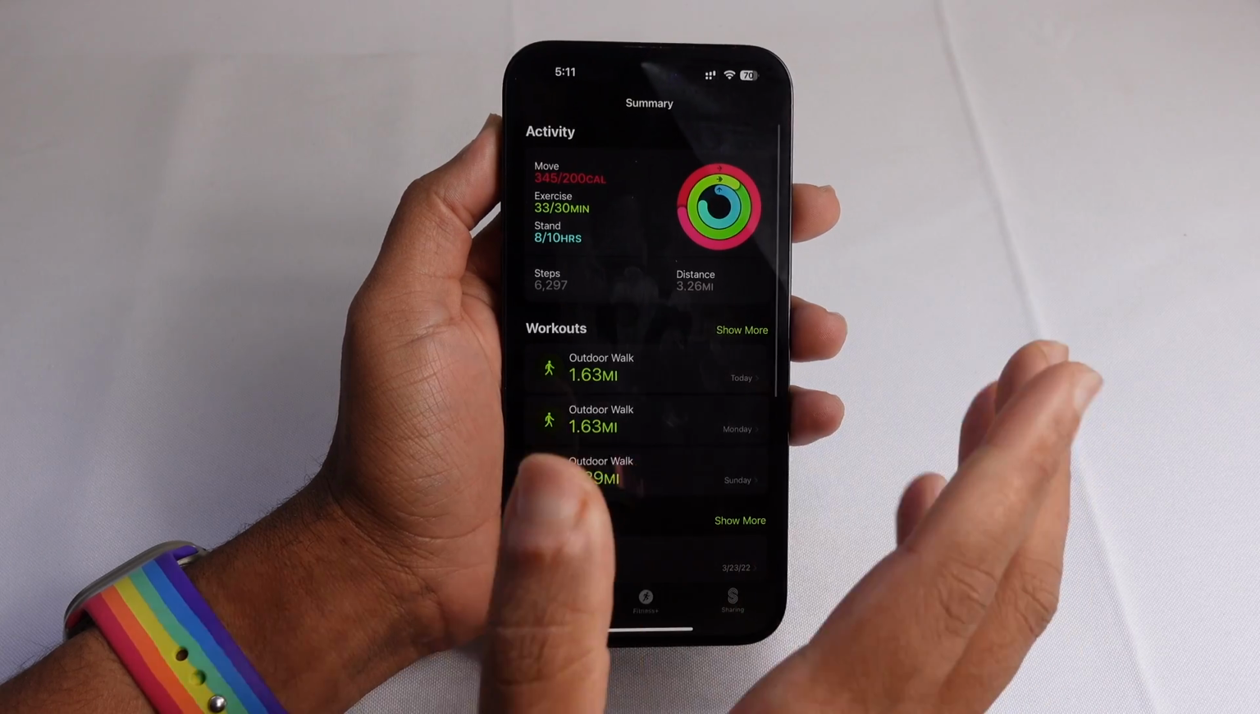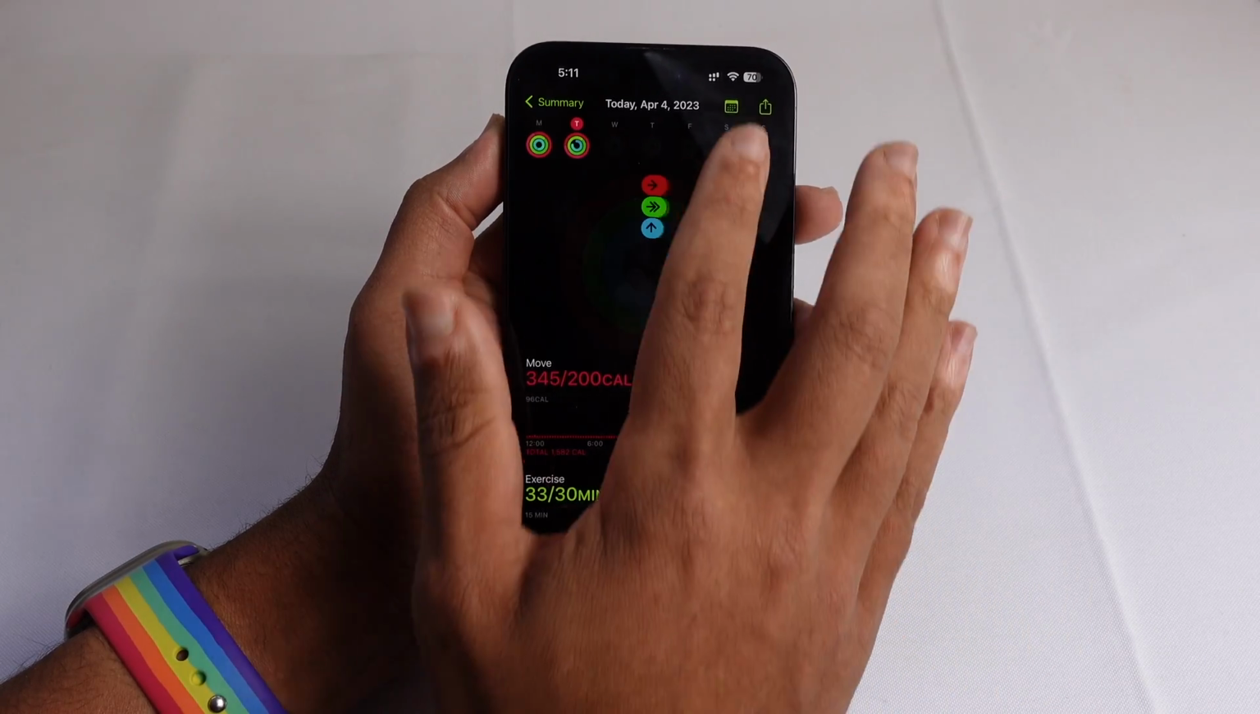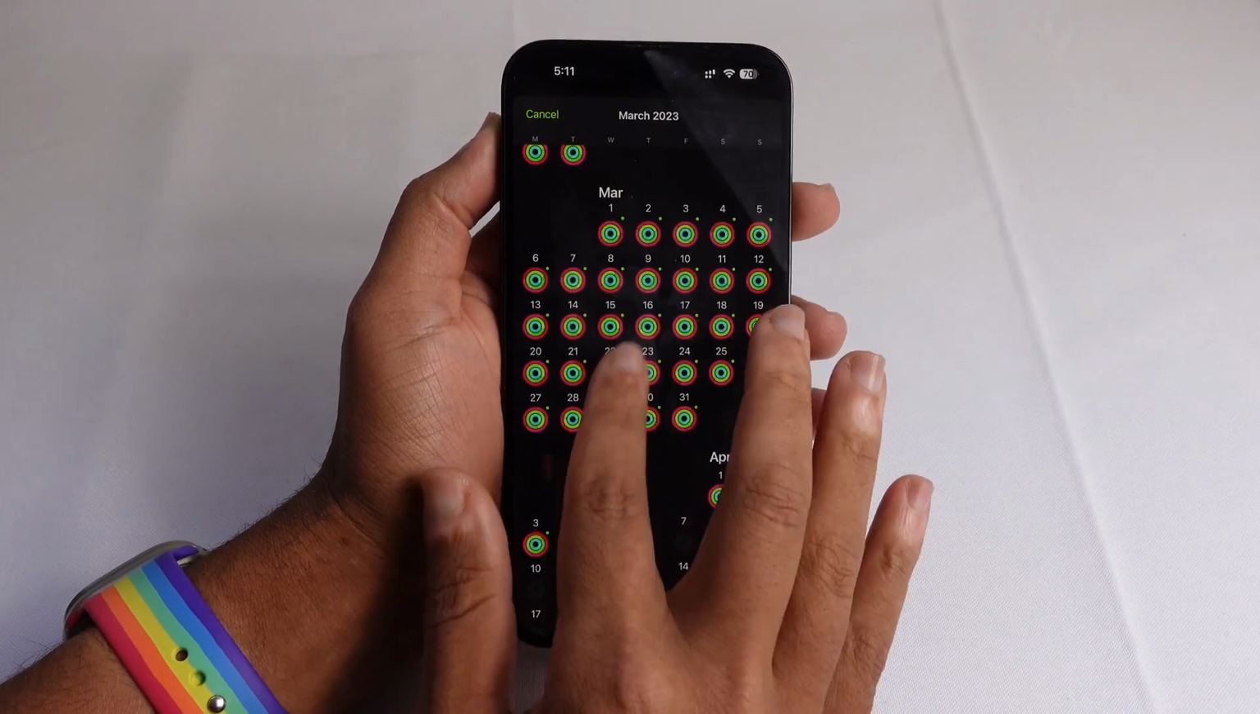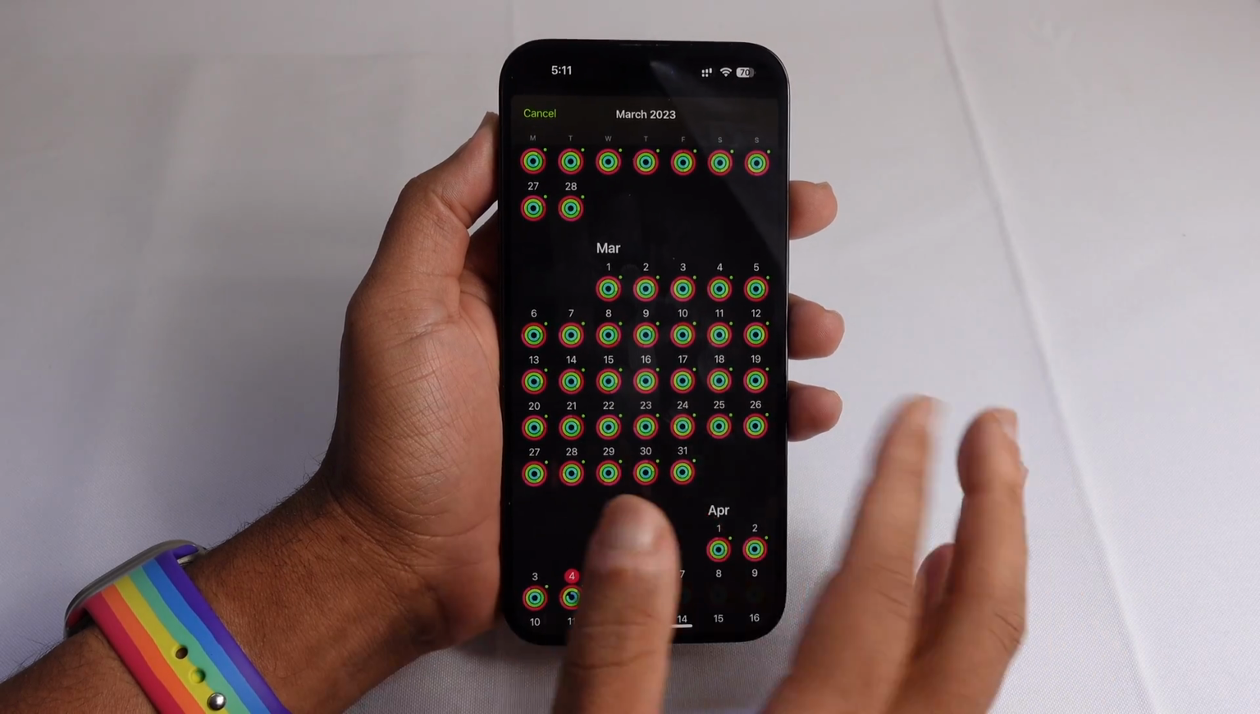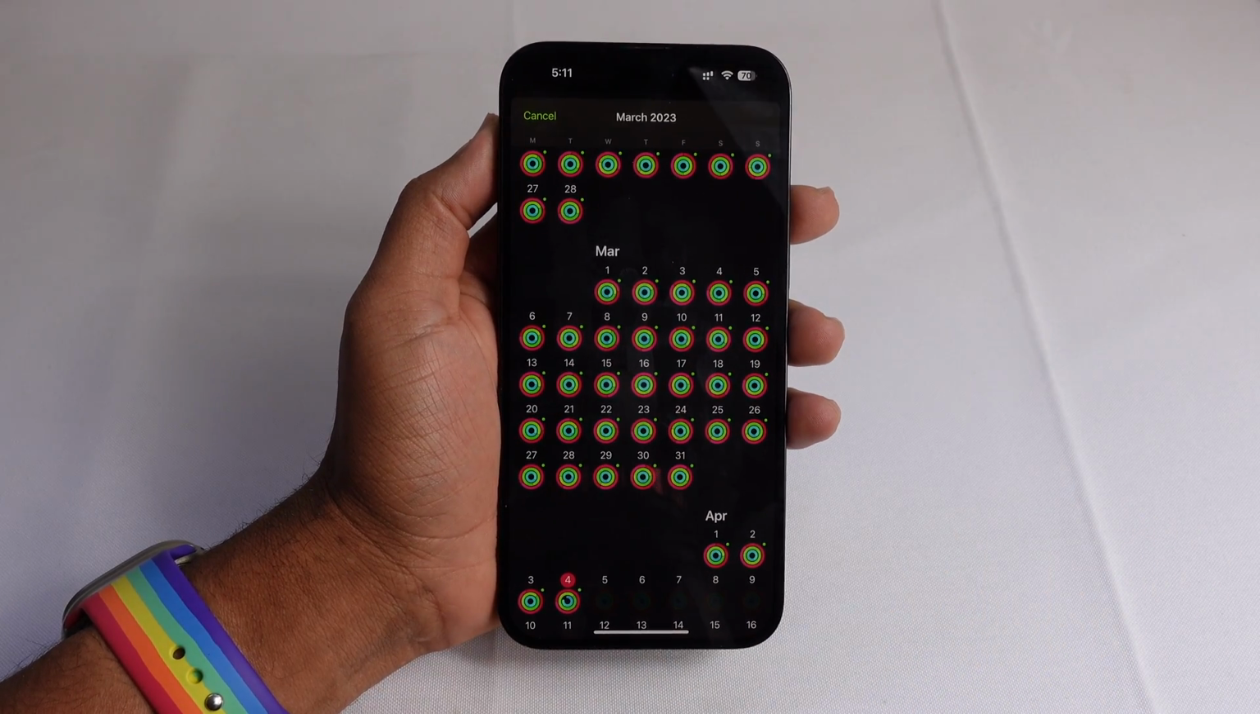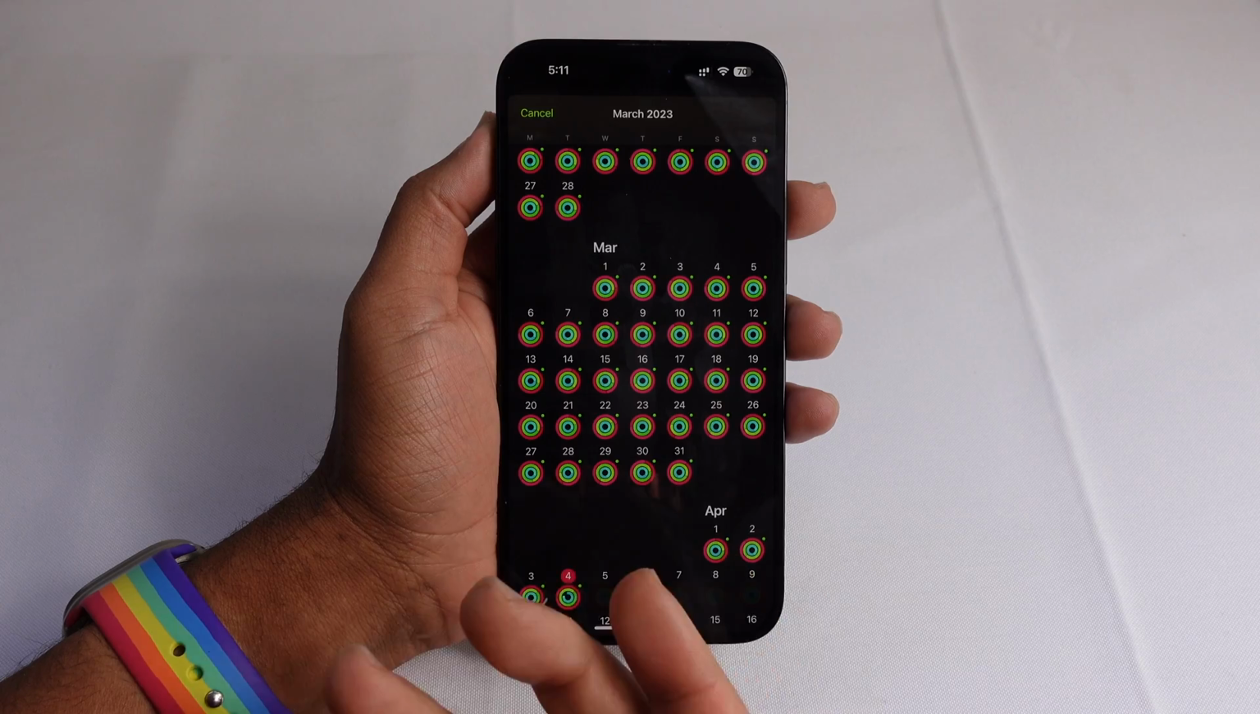So those are a couple cool features there inside of the rings, reviewing your calendar history and seeing day after day how you've completed and closed your rings, and also seeing the green dot, which means an exercise or workout